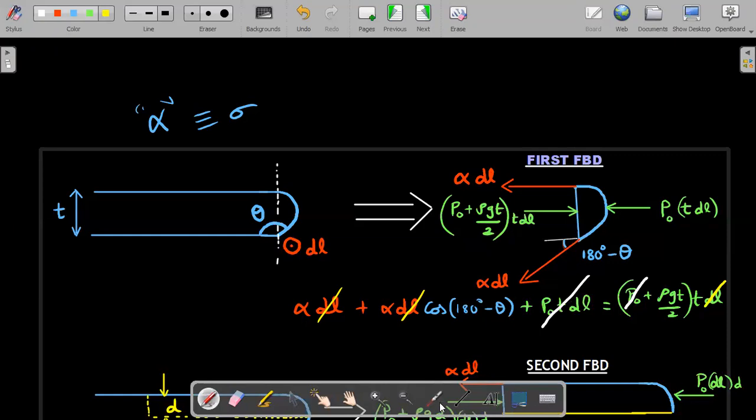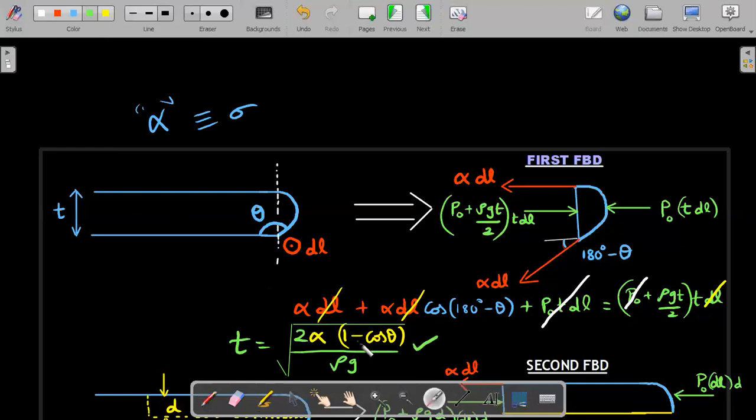And you could see that this cos of 180 minus theta is nothing but minus cos theta. So you would have alpha times of 1 minus cos theta. Okay, and on the right hand side you would have a t square term. Can you see there is a t square term? So 2 will come on this side and divided by rho g. So this 2 divided by rho g, and the entire thing would be equal to t square, and therefore without any further doubt you would be able to write a square root of all of this is your required value of t. So this is your required answer.